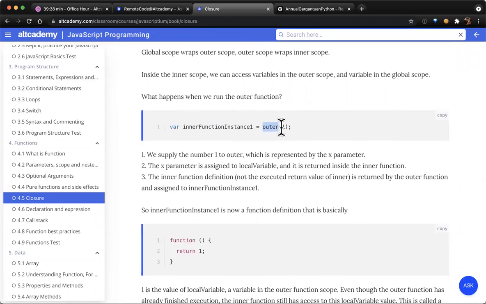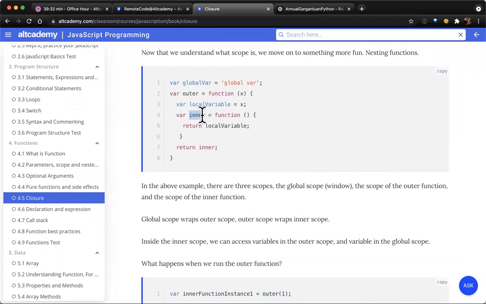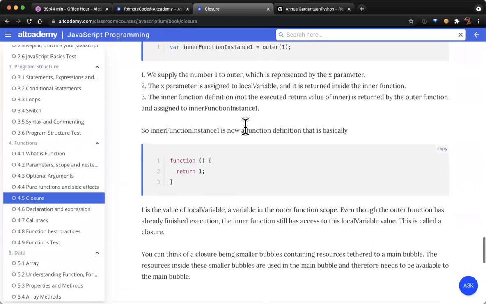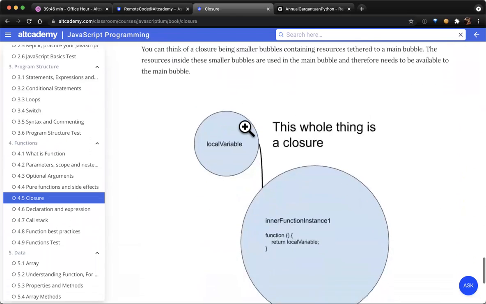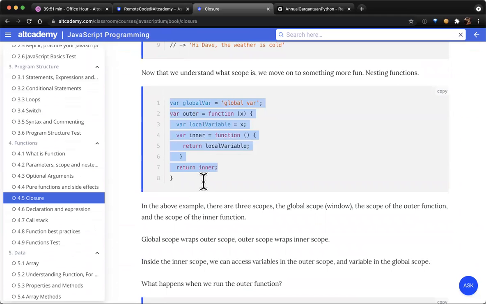So what happens is when we call outer(1), we're returning this function definition with the local variable being set to 1. Okay. And then I will run it here for you.